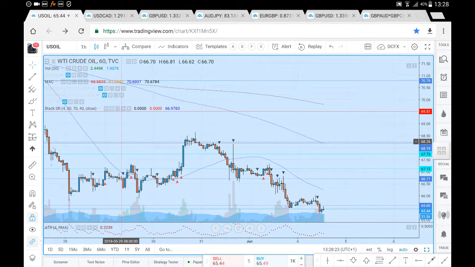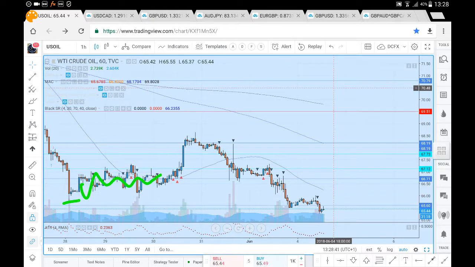So this is the US oil analysis for Monday the 4th of June. Now let's have a look at our prices and where prices may likely go. After forming our lows here at around the $66 a barrel mark, we've had a couple of tests and